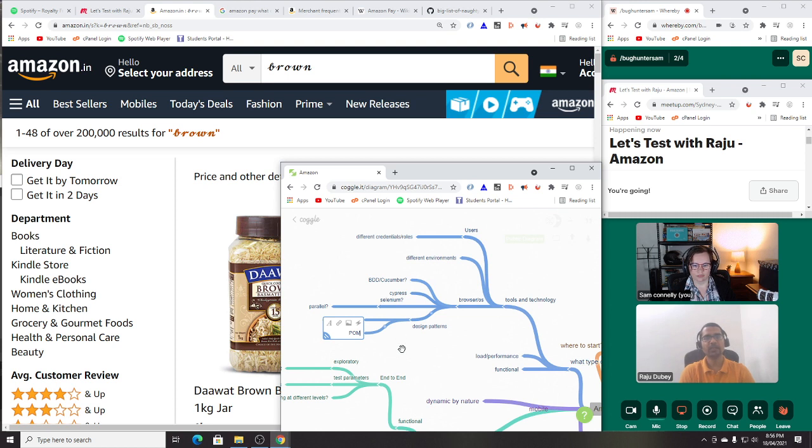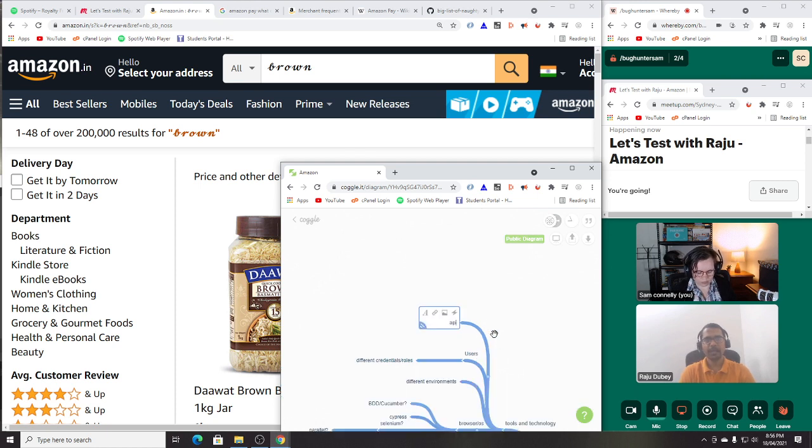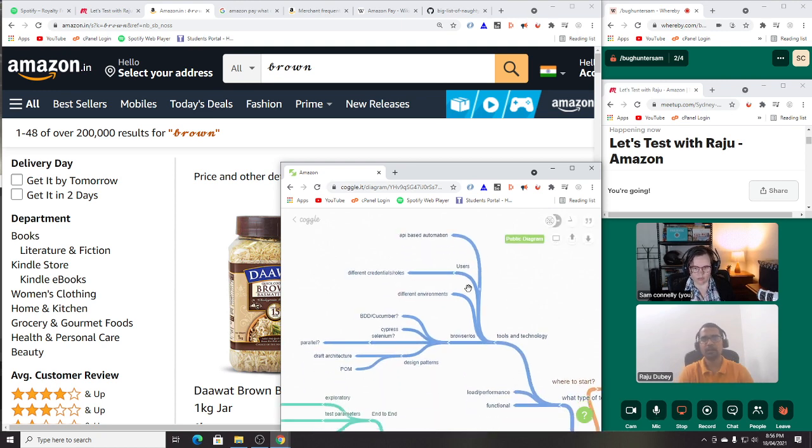Another thing, since it is a web application and there may be many test cases, and UI test cases are always very flaky, we need to think through API-level automation, because that is very much needed. And once we reach the final level of our product, where we are going to send this product to the production environment,